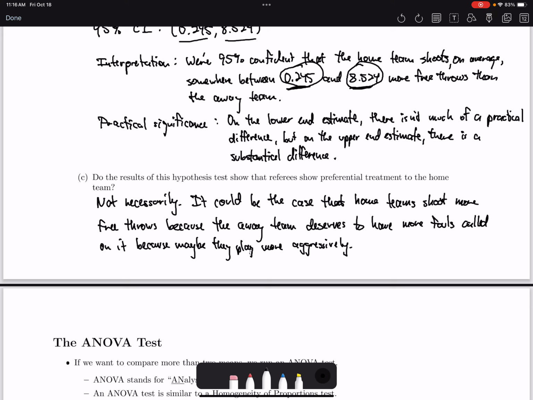Okay, that's sort of like a proxy. The idea is, okay, if the home team shoots more free throws, then we have evidence that the referees are showing preferential treatment to the home team, right? This is kind of what the researchers were probably thinking. But you have to be careful because just because there's a difference in whatever proxy thing you're trying to measure, it doesn't necessarily mean that there really is a difference in the actual thing that you are trying to study. Just to give you another example of this,